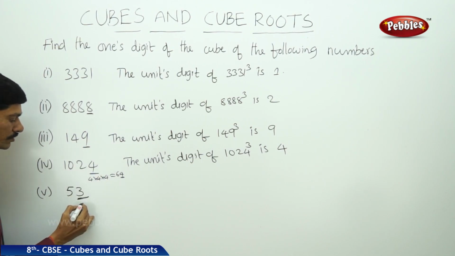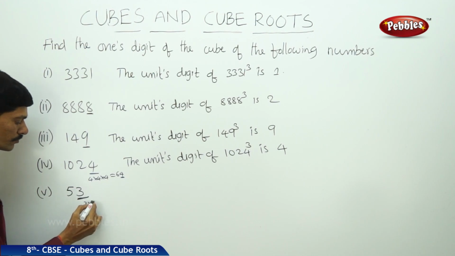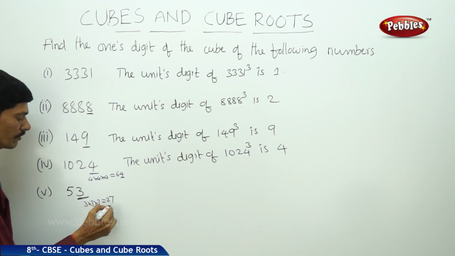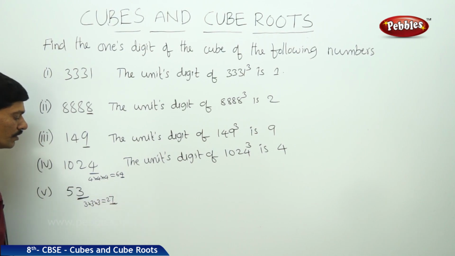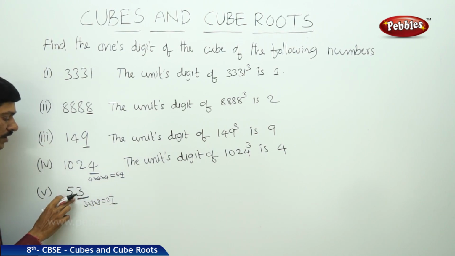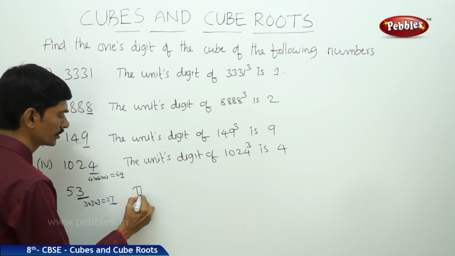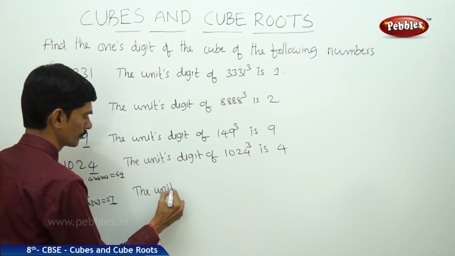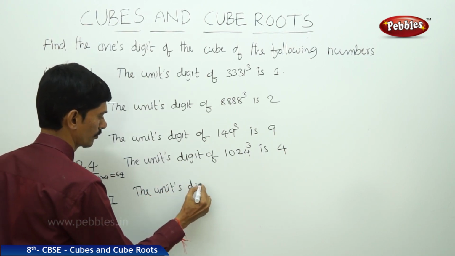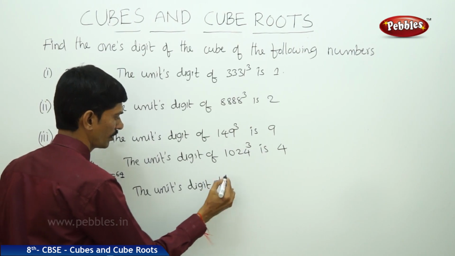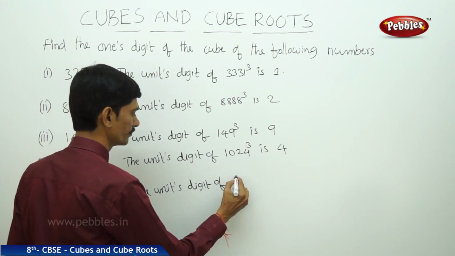Then what is 3 into 3 into 3? 27. The units digit is 7. So if a given number ends with 3, then its cube ends with 7. So the units digit of 53 cube